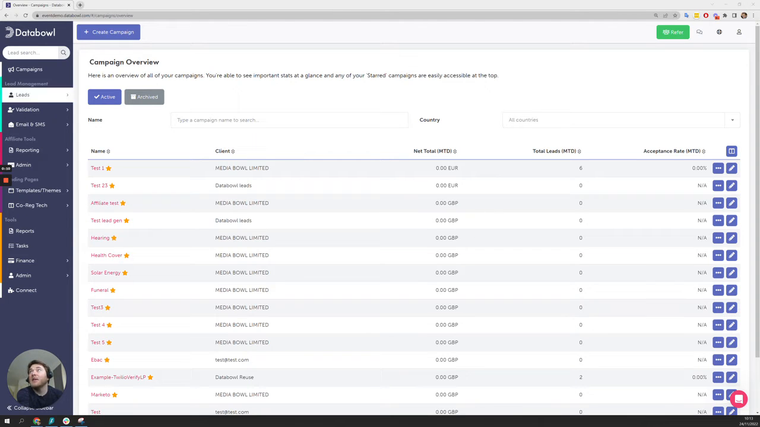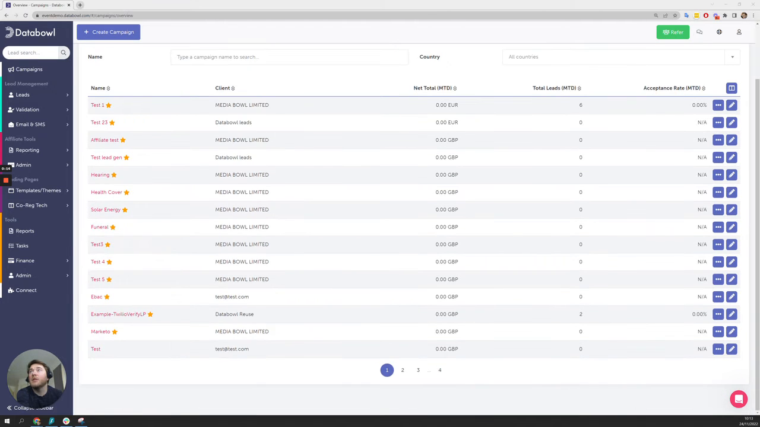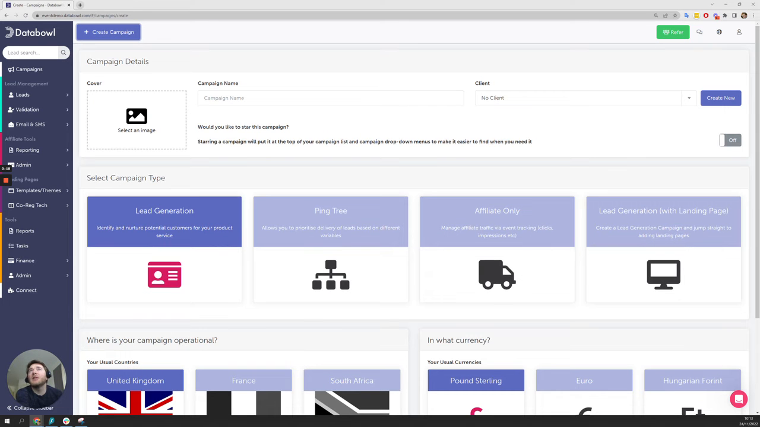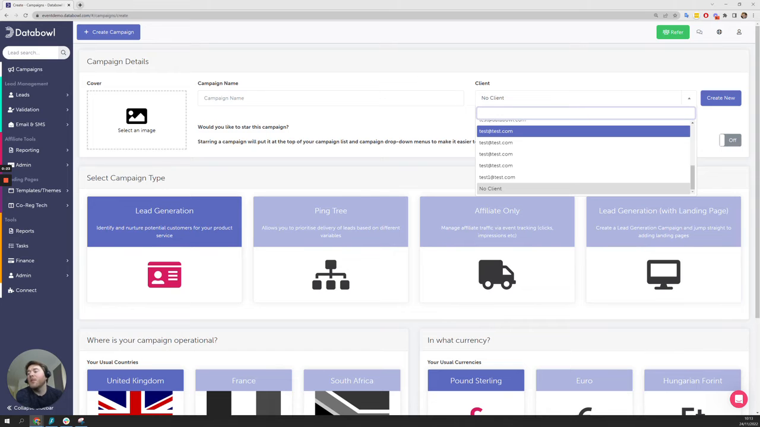You can actually see, if you go to the campaign section, the name of the client that's associated with a particular campaign, and when you hit the Create Campaign button, it's this option here, the client. Now by default when you create it, it'll be the instance owner, which will be yourselves as the client, but